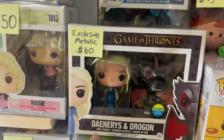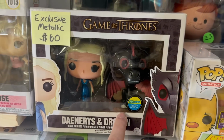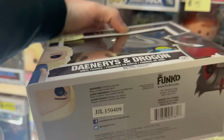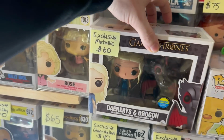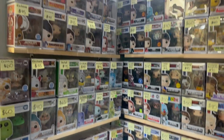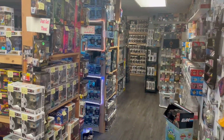So cool. And then down here we have this epic 2-pack of Daenerys and Drogon. This one, I'm not sure what it was exclusive to, but it is pretty old, coming in from 2015. They just don't make 2-packs exactly like this anymore. But let's move on to the next section, because like I said, there are so many items in this incredible